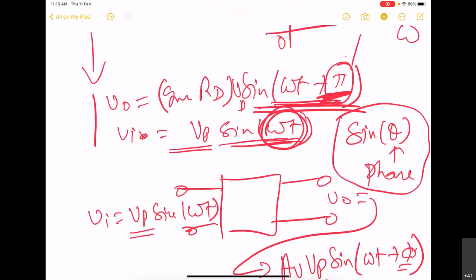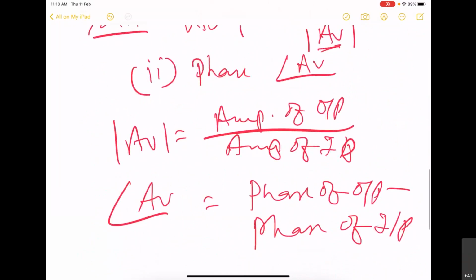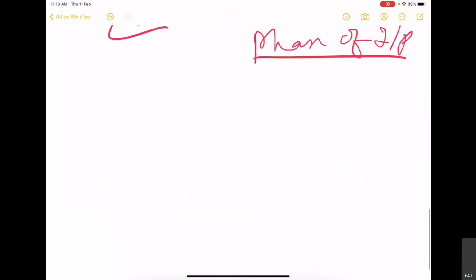They will always say this part is the phase, this part is the phase. That is wrong. So when we say phase of the gain, we are finding the difference of the output sinusoid to the input sinusoid. So the frequency response of an amplifier is basically